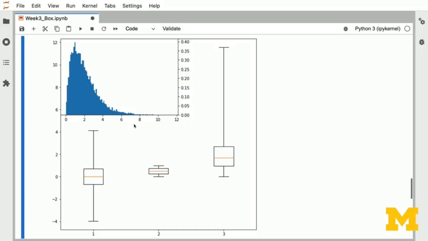And then these whiskers, which run out to the maximum and to the minimums of the data. This would be a great time to pause the video and play with the notebook to clean up this figure by adding titles, legends, and the like. How would you make it clear to the reader, for instance, that this inset histogram is about the box plot